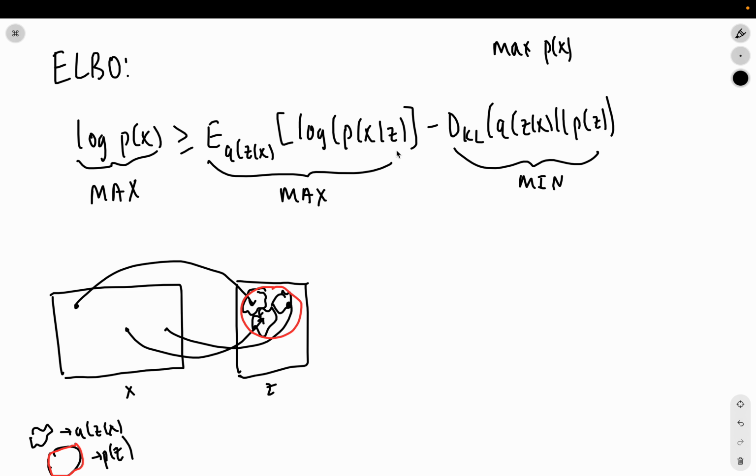So this is, again, the reconstruction part. So basically saying over all of your encodings, which is over all of these steps going from X to Z, we want to maximize the likelihood of getting back X from Z, right? So that means that when we go back to the X space, we want to maximize the likelihood of seeing X. So what this term is, let's call this term A, and this term,